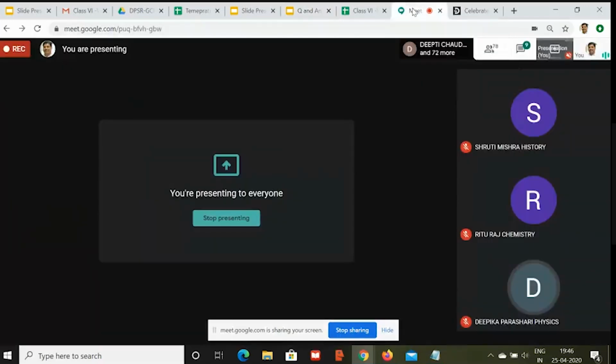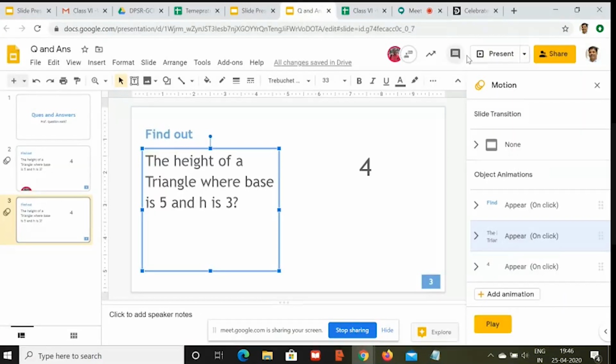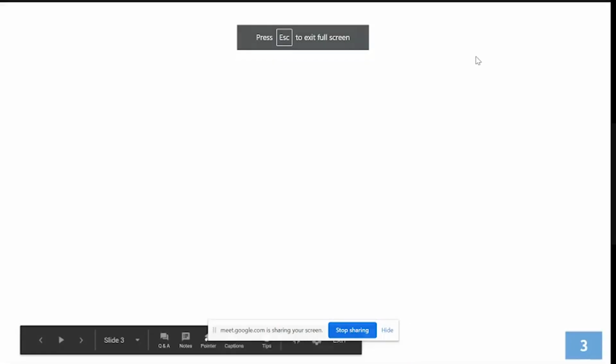But when you are presenting the full window, as soon as I click on present, it will fill the entire screen of the teacher. Okay, it is not customizable. You can't resize it because it will fill your entire screen, whereas the students will have the freedom to chat. Okay. So that is the difference between the two.